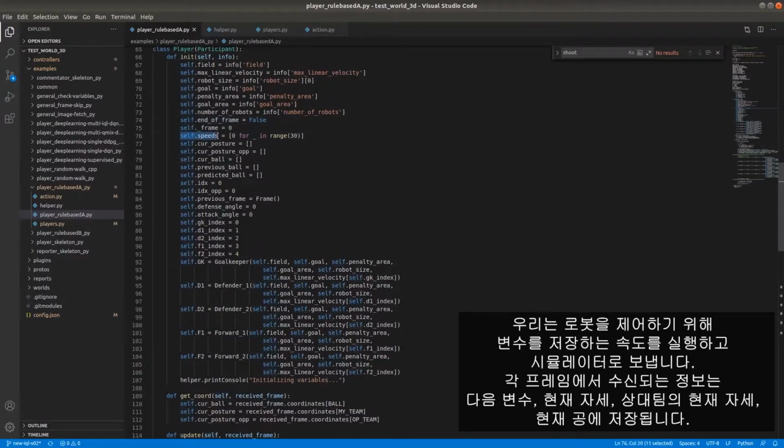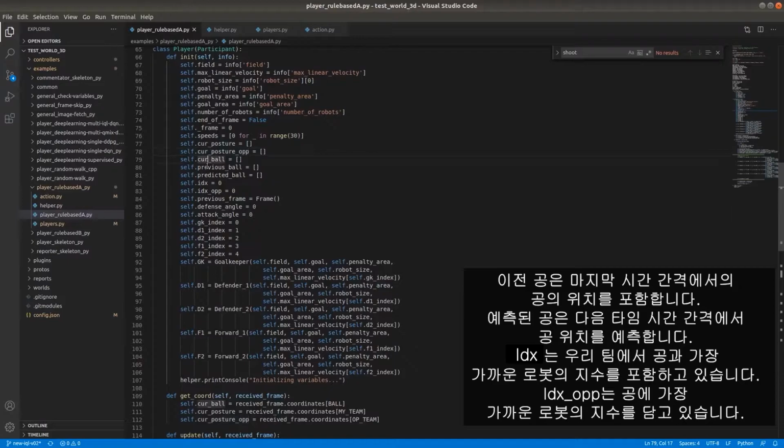The speeds is where we're going to save our variables to control the robots, and this list is the one that we send back to the simulator. So this self.speed is really important. And also we get variables to save the information received in each frame, like the current posture of our robots,